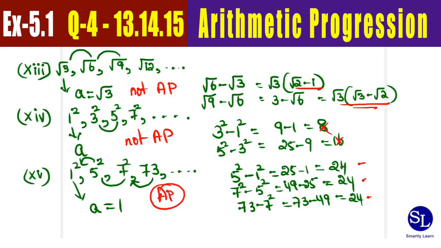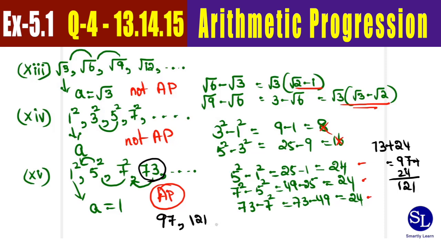Since it is an AP, let us generate the next three terms. So how are we going to do it? We are going to simply add the common difference to the last term. So the last term that we had here was 73. So 73 plus 24, which is 97. So the next term is going to be 97. To 97, I'm going to add another 24, which gives you 121. So the next term after that is 121. Add on another 24, you get 145. So three more terms in the series are 97, 121 and 145.